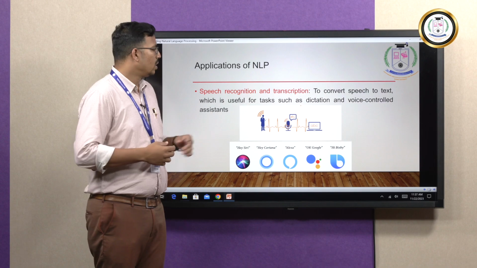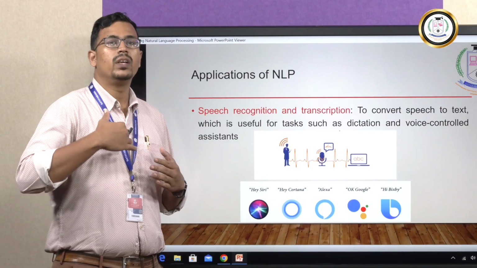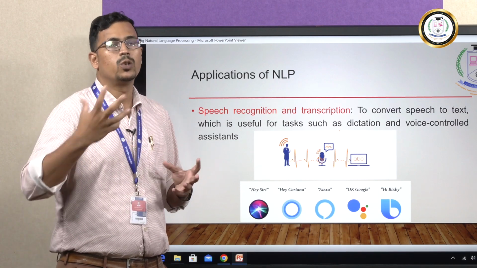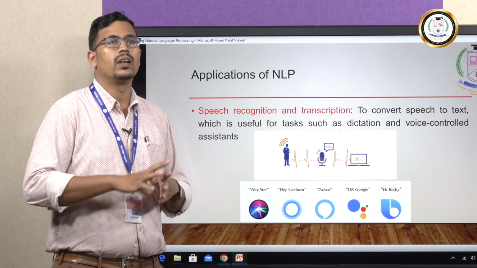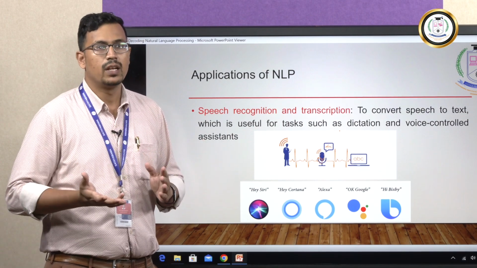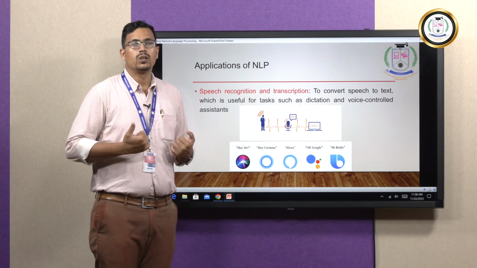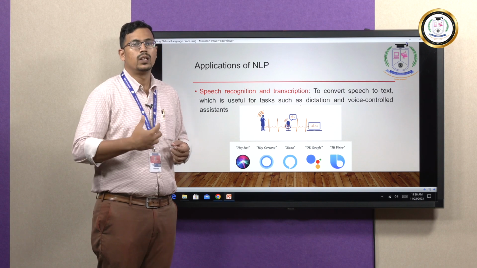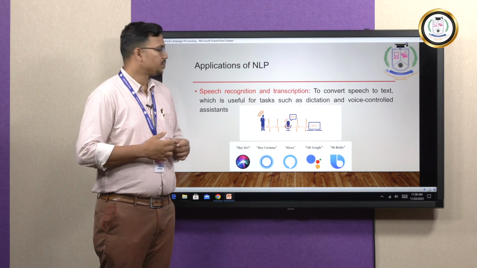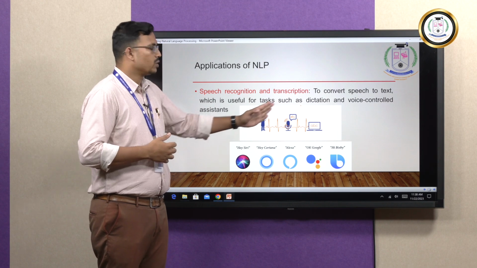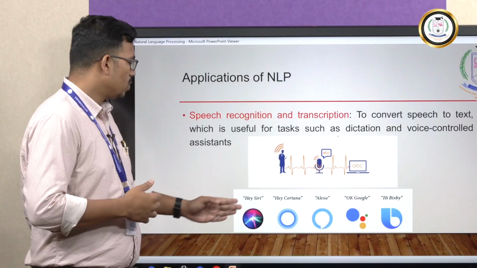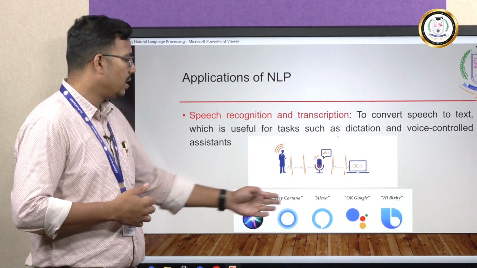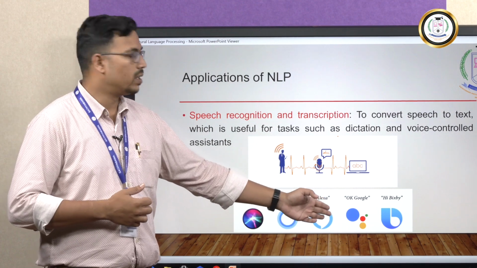The process is like this: when we give a command or ask a query to this smart device, our speech is converted into text, and then that text is processed with the help of an NLP system. In response, the text is again converted into speech and sent back to us in the form of voice assistance. So this is how the process happens with the help of NLP. Here you can see some of the popular voice assistant tools like Hey Siri, Cortana, Alexa, OK Google, and